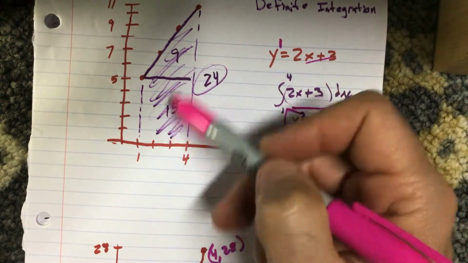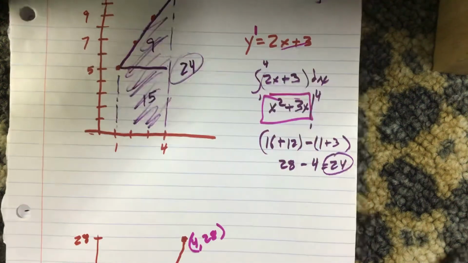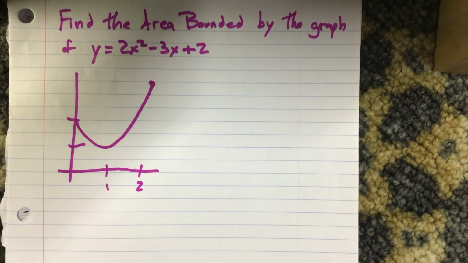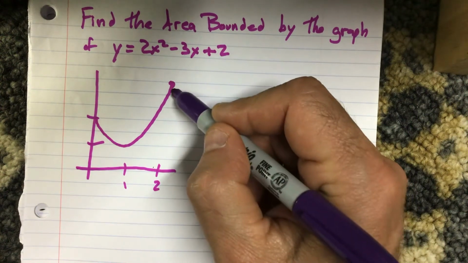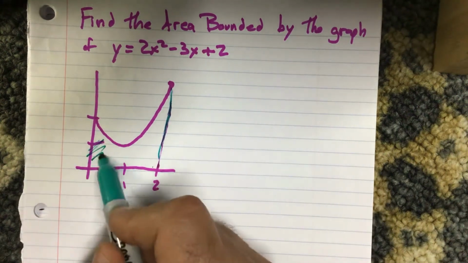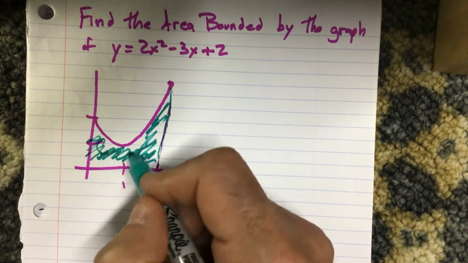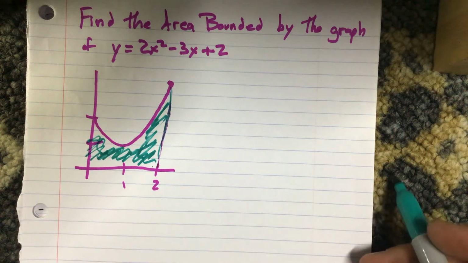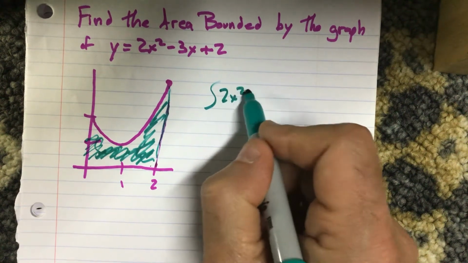Now this was an example of finding the area underneath the curve where we did it without calculus, and then I showed you here what it would look like with calculus. But let me show you one that you needed calculus for. So here we go. I want to know what's the area underneath this curve from 0 to 2. Let me do this in another color, the area underneath this curve. The way it was originally discovered, they had rectangles underneath here and added them all up. But that process became a lot of work, and eventually they realized, wait a minute, all we have to do is take the integral of this function